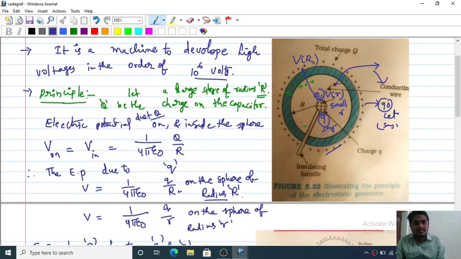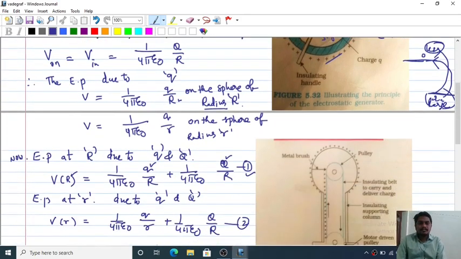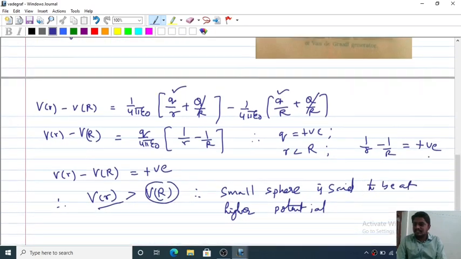Whatever the amount of charge present on the big sphere, charge always flows from small to big sphere. The best example: there is water in a dam and water in a river. Even though the river contains a large amount of water, the water cannot go from the river to the dam, because water always flows from a high potential region to a low potential region, from dam to river only. In the same way, charge flows from high potential to low potential only, and this is the principle behind